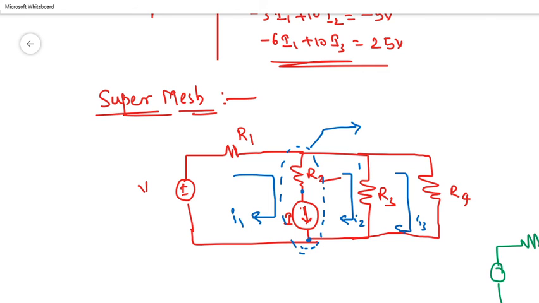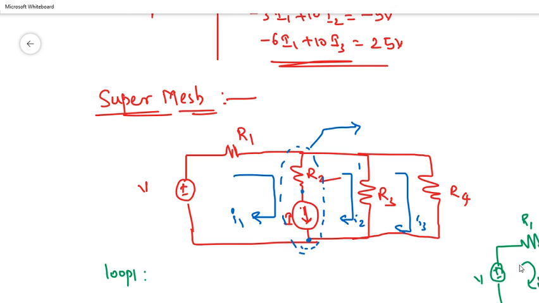Here is the voltage source and this one. So we skipped this one, whatever the resistor and current source is there. So this is an entire network, and here this is R1 and this is R3 and this is R4. Here the current is I3, and here the current I take is I2, and here the current is I1. So here the voltage is V. Now first, the loop equation, that is loop 1, I am going to write the loop 1 equation here.